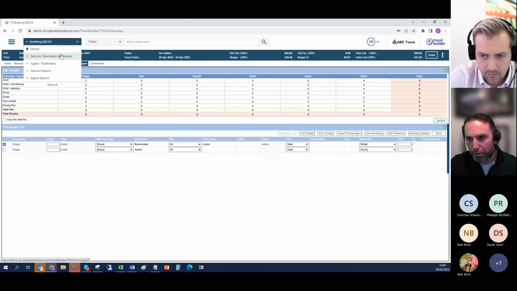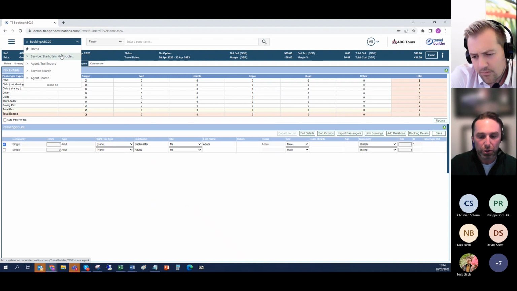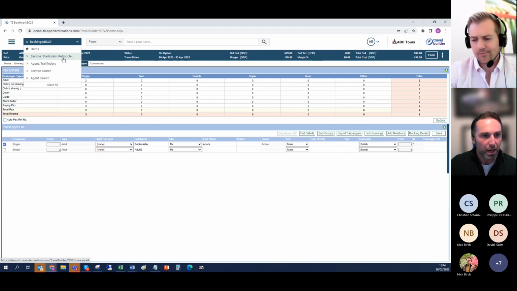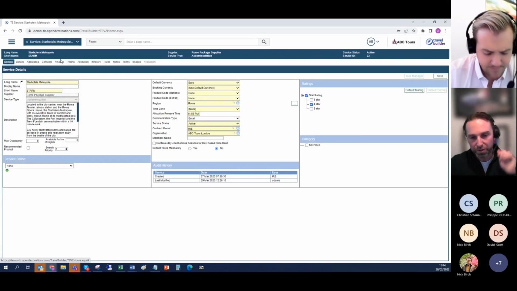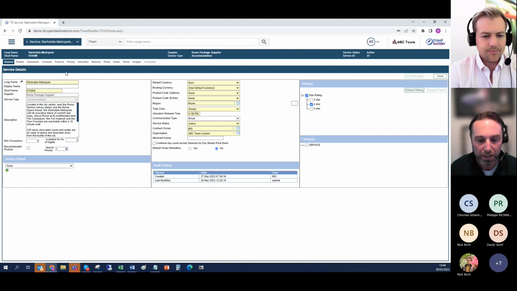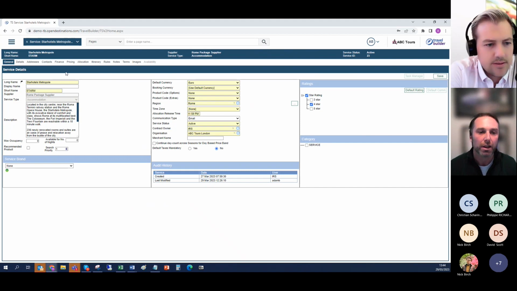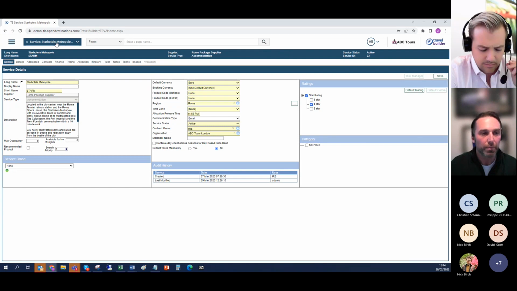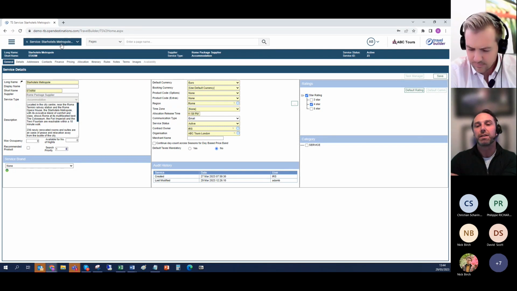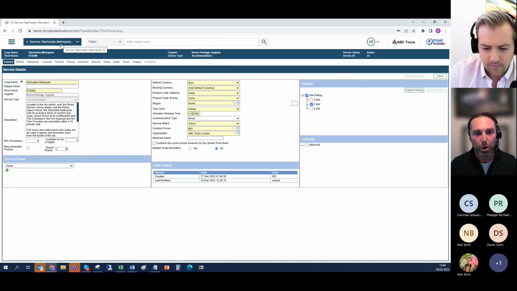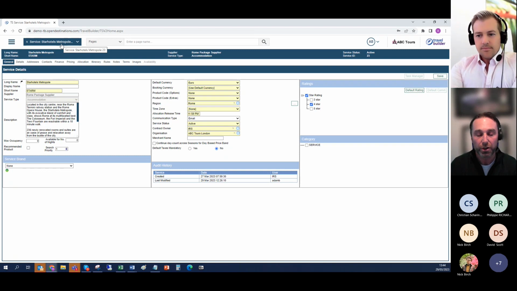Okay, so a very, very brief overview there of an itinerary and how that looks and how easy that is to put together. Just one thing I wanted to cover off before I hand back to Tom and Nick, which is that all of the information you saw me pulling into the itinerary there, whether it was the hotel or the restaurants or the guide or excursion, that's all been loaded into the system. So that's something that in your world, you would load into Travel Builder,